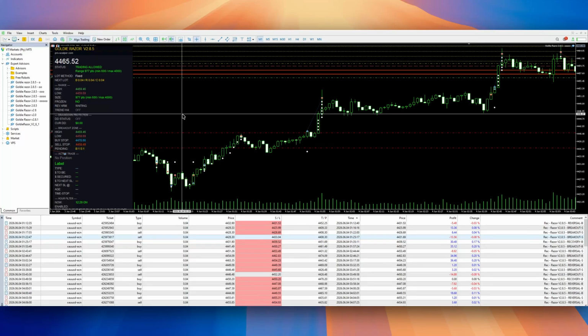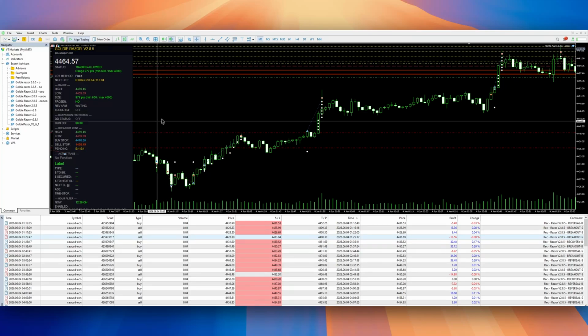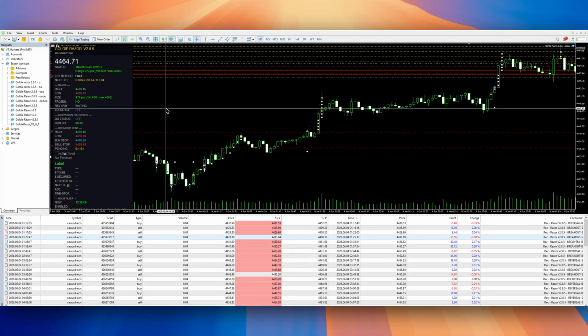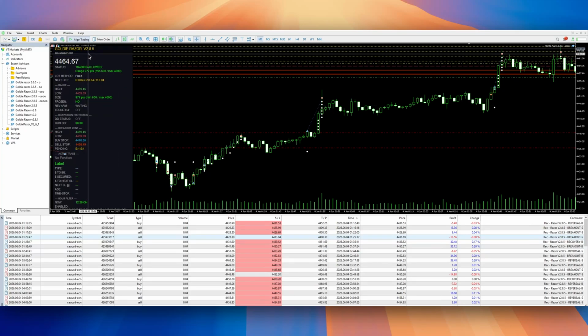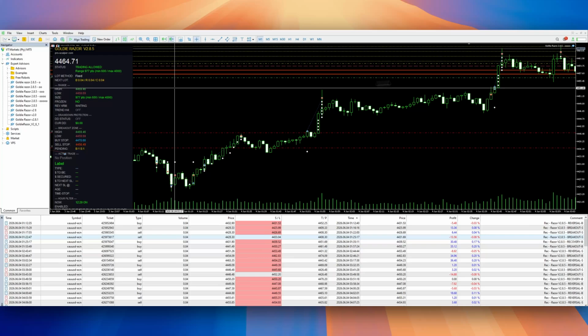A few days ago my server crashed and the guys from Lumadoc moved my VPS to another server, and in the last few days I was not trading at all. But let me show you what happened. Yesterday, before I went to bed, I launched again the Goldie Razor version 2.8.5, and by mistake I forgot to